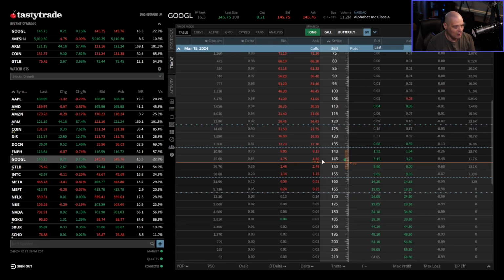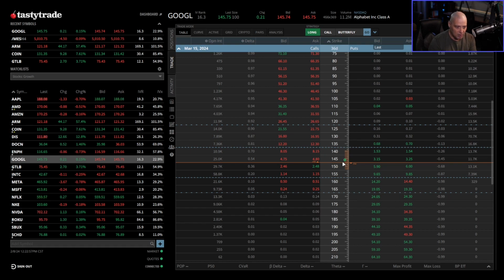So if I go back to the Google option chain here, and TASTYTRADE, their platform makes this really simple because they have this orange line here. That is the in the money line. So all the calls that are above this line, these are the in the money calls, and in the puts, all the puts that are below the line are the in the money puts. They even have these options colored a little differently. You can see each of these four quadrants. You've got the two lighter quadrants, those are the in the money quadrants, and the darker quadrants are the out of the money options. But even if you didn't have that coloration, even if you didn't have this line,